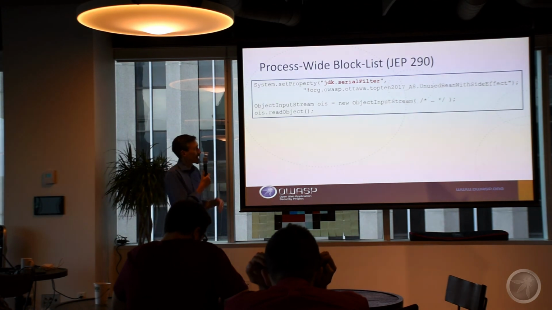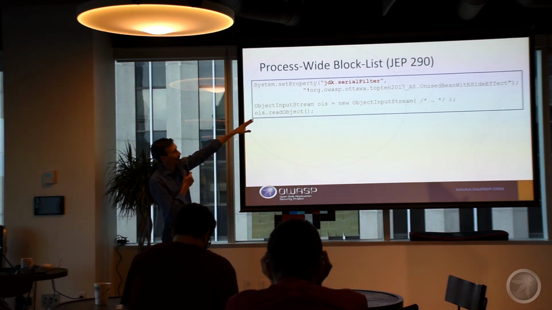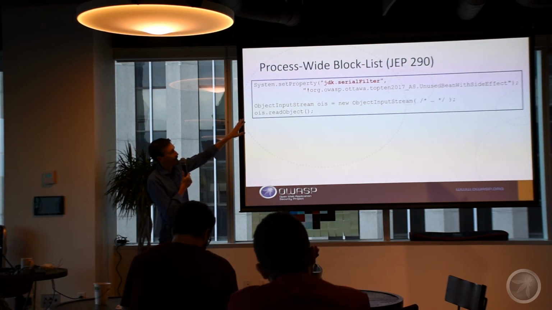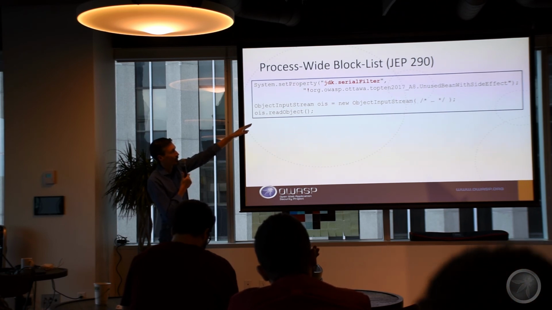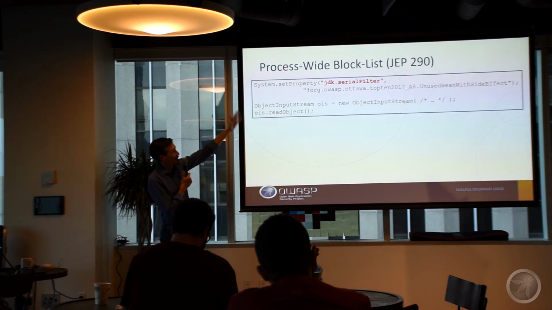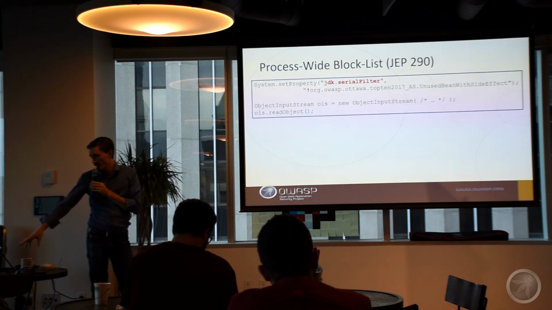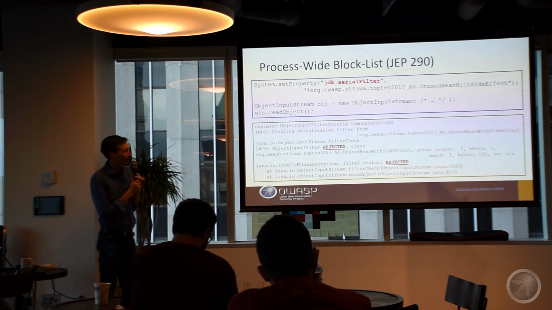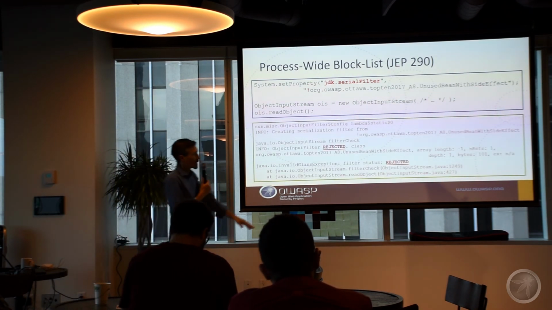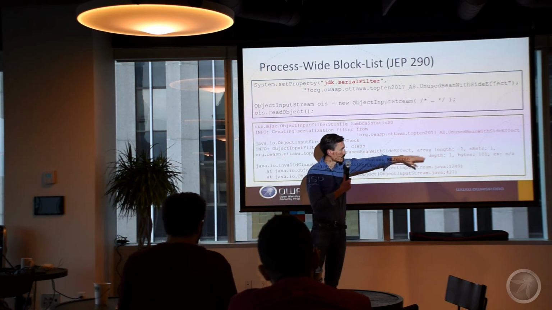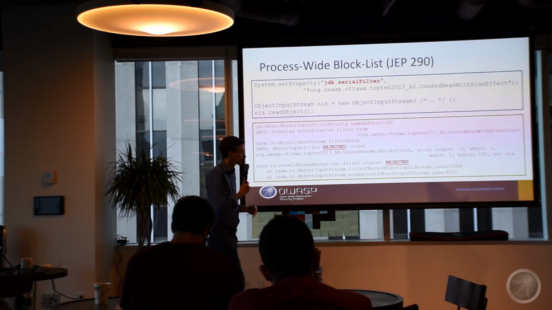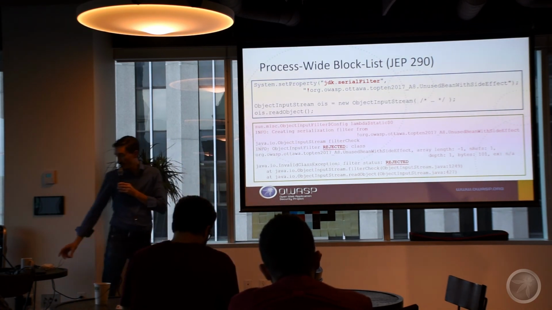So this is an example of how you would write it. Again, it's process-wide. So you set a property, jdk.serialFilter, and it's much more complicated than that. That's a simple example where you use the exclamation mark and then the name of the class you don't want, right? So it's a block list, and then you proceed normally. And in our example, if I were to run the demo again with that property set, I will get something like this, right? It will be rejected, and this is what I mentioned about the limit in terms of resources. So that would work,